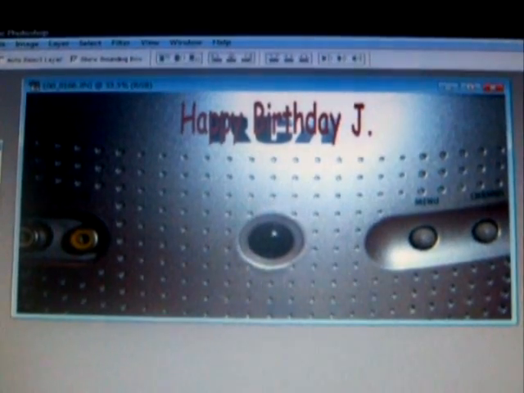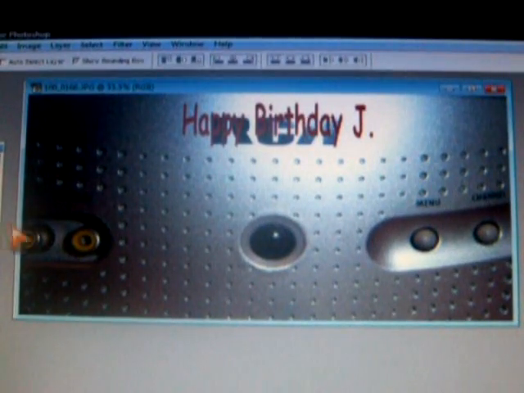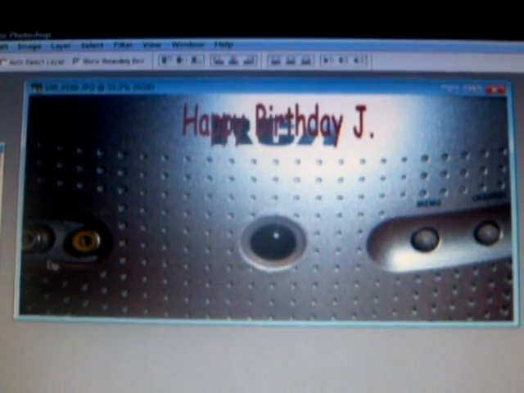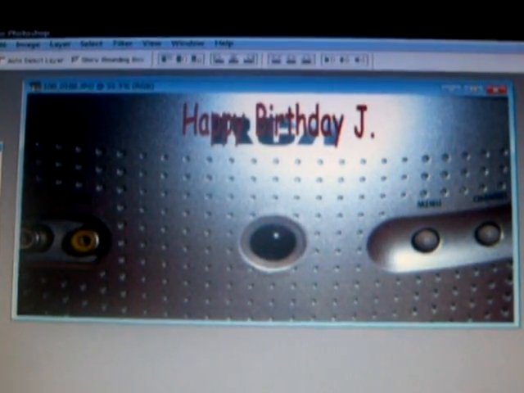Okay, today I'll give you a tutorial on how to use the blur thing. This is a clear picture, but now I'll blur it. Okay, now